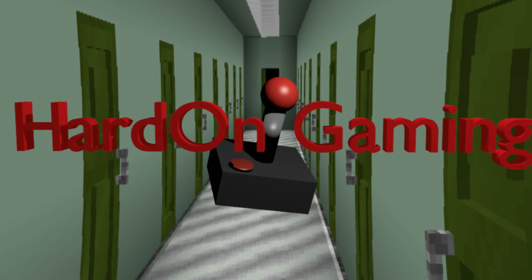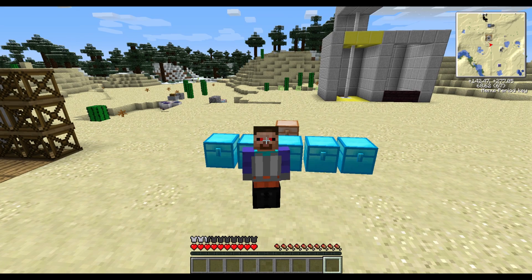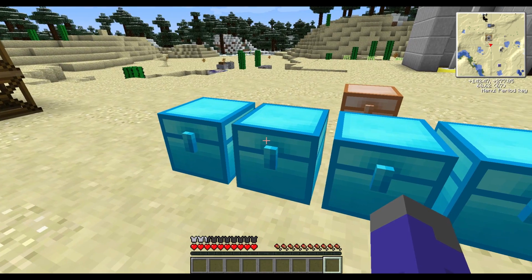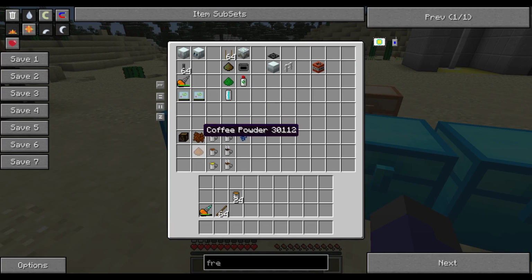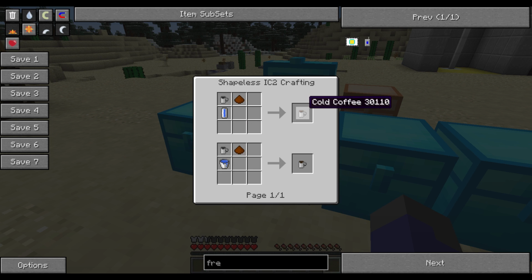Much better. So now let's talk about some of the other features that were not really looked at in IC2. We have coffee. Coffee was by far one of my favorite things from IndustrialCraft. Of course, you have to get into the IC2 breeding to be able to get coffee beans, and then you grind up the coffee beans into powder, and then you combine the powder with water in a stone mug, and